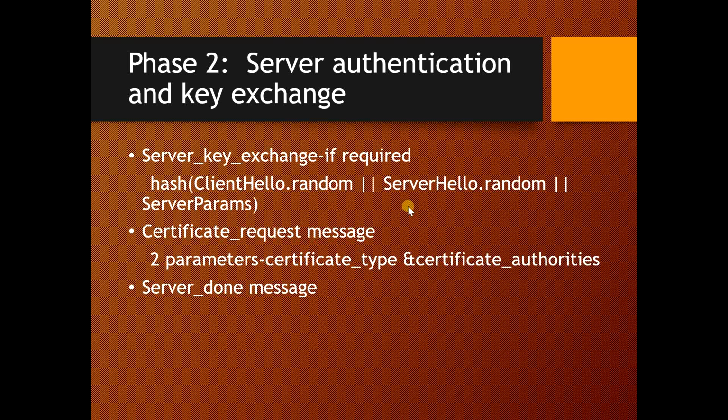Now, in the case of the generation where a signature has to be created by taking the hash of a message, we'll have to use the following code. So in this case, the hash will be defined as hash of client hello.random, server hello.random, server parameters. So basically this corresponds to the concatenation of the various messages that you are going to send.